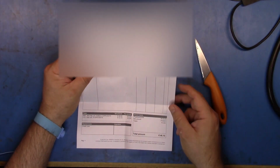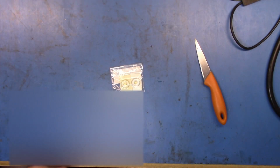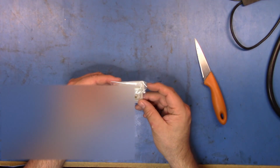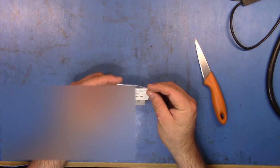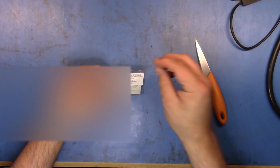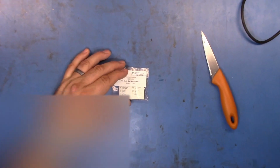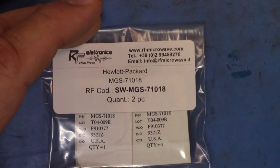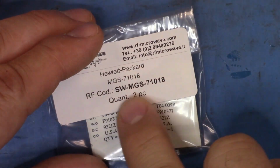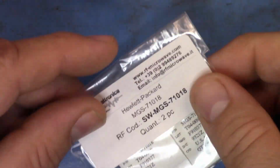It doesn't tell me, it just says the order, what the part numbers were. So let's take a bit of a look. Oh yeah, they're a real part. So let me zoom in and let's take a quick look at that. And so what you can see here is their information, and the Hewlett Packard part was this. But if we open this up,